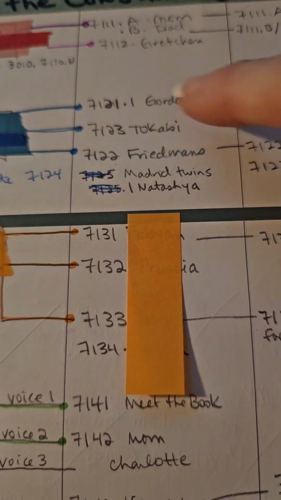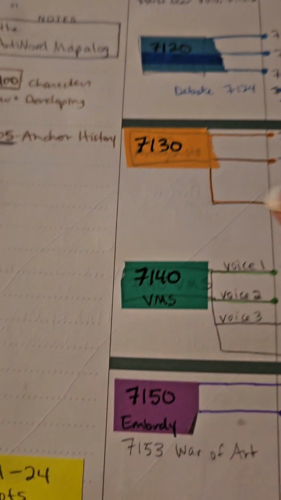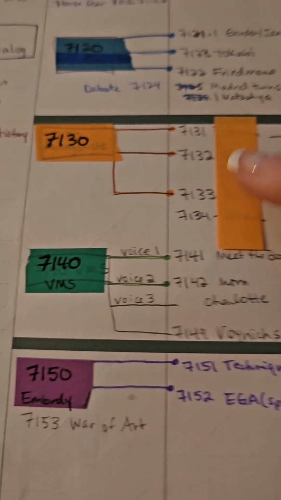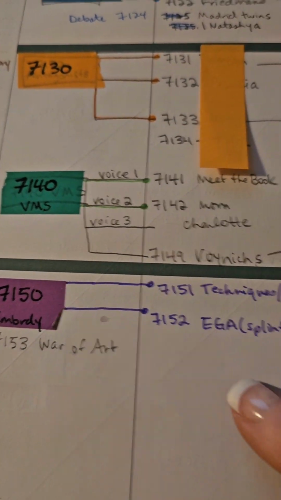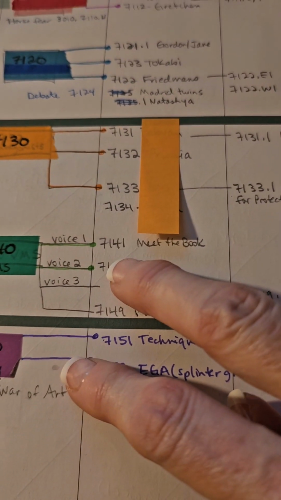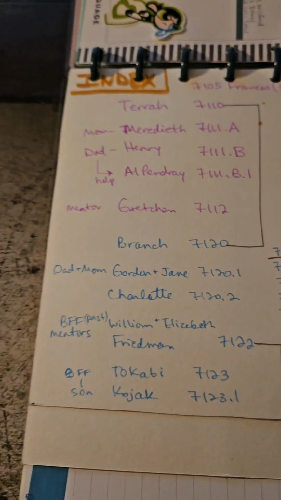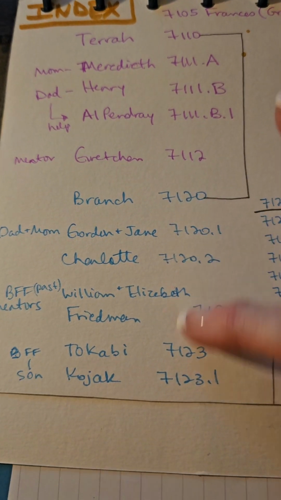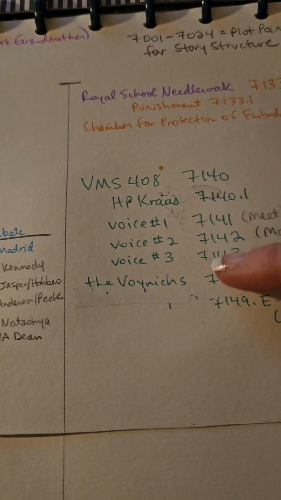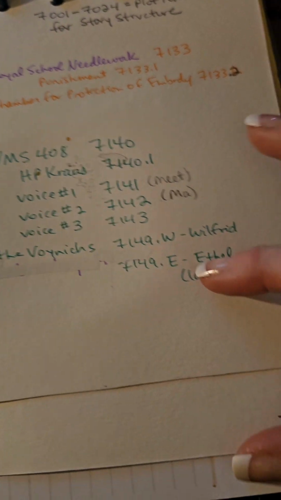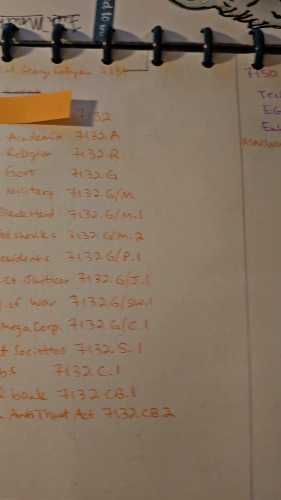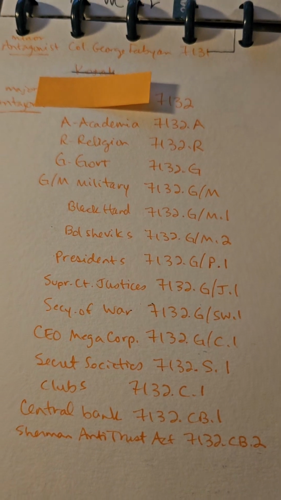7120 is my main male character, same thing, some of the people in his world. 7130 are my major antagonists. Those are covered up, no spoilers. 7140 is the world of the Voynich manuscript, and 7150 is the world of embroidery. Both of those figure prominently. As I started to further break them down, let's go over here. More breakdown for main female character, more breakdown for male. I broke down some of the Voynich manuscript details and gave those all of their own numbers. This way, any development detail that I work through, I can number in the system and I know where